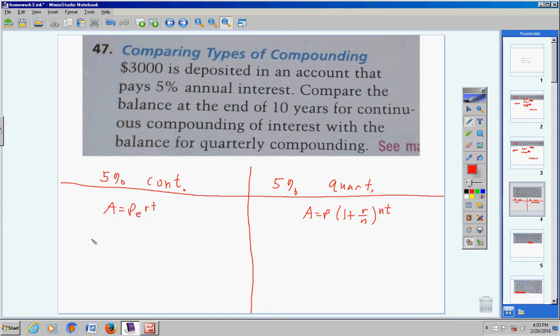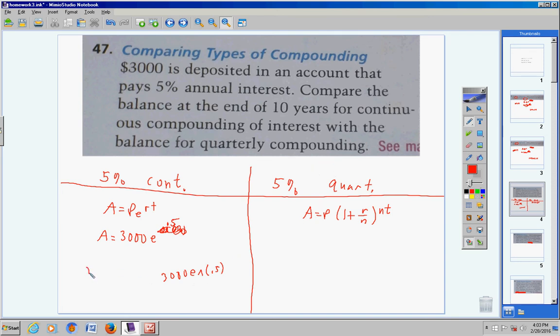I'm starting off. I'm looking for the balance. It's A. My principal's $3,000. My rate is 0.05, and it's for 10 years, so my T is 10. So with the calculator, we're going to type in 0.05 times 10, which will give us 0.5. So now my entire exponent is 0.5. Now with your calculator, type in 3,000, then hit your E button, and this will pop up. Then type in 0.5. Alright, if you do all of that correctly, you're going to get